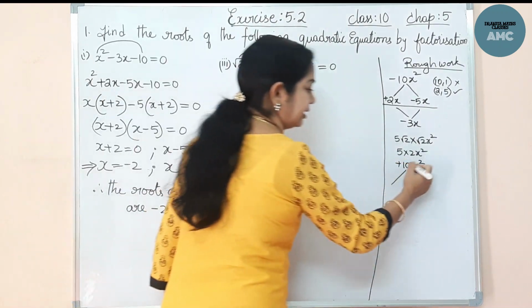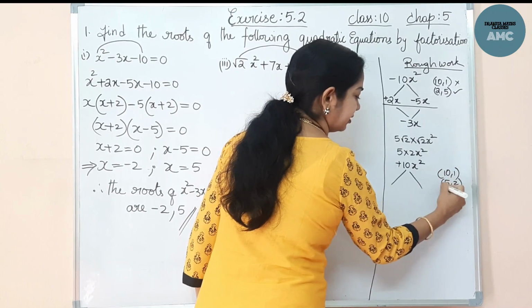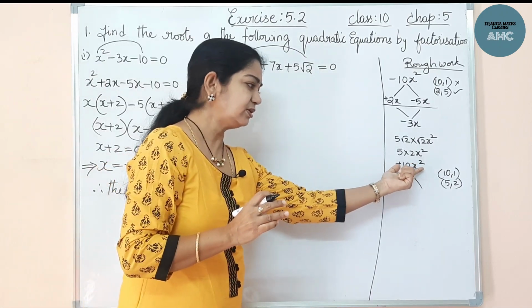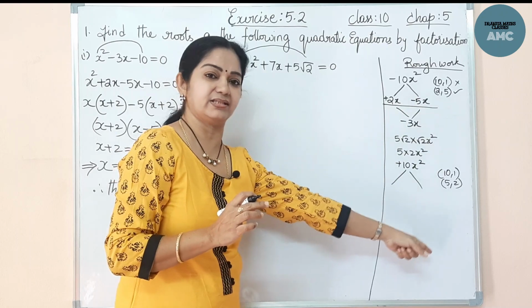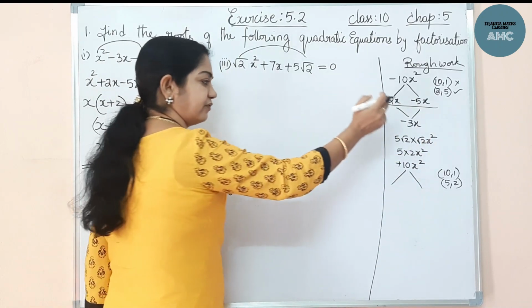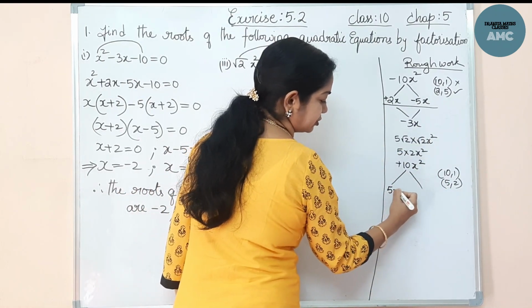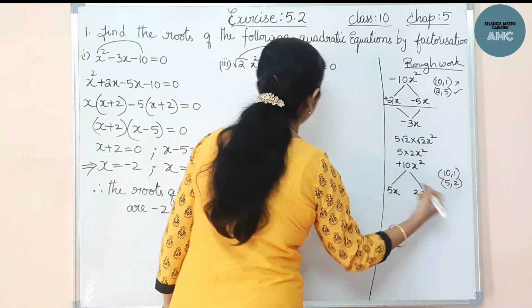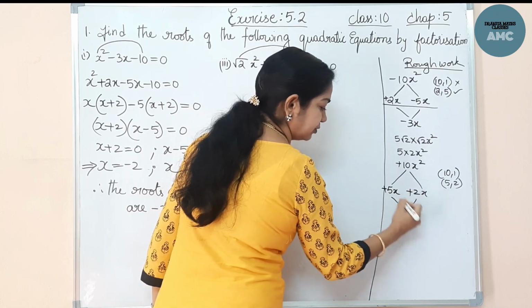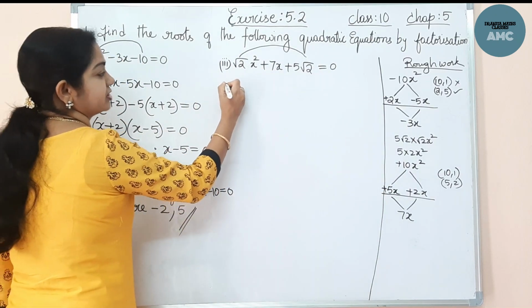So in such a way, again we know 10. What are the factors of 10? 10 and 1, 5 and 2. If they are simple things, you can write the factors. If the product is a bigger one, you have to factorize again and find the factors of that. If it is 300 or 400, you can find the factors by factorization. Now here I'll take 5x and 2x, or 2x and 5x, anything you can take. So that the sum should be 7x, I'll take both plus. If you add them, you get 7x. So these are the factors you have to take for splitting.